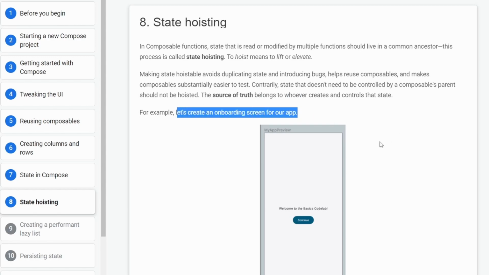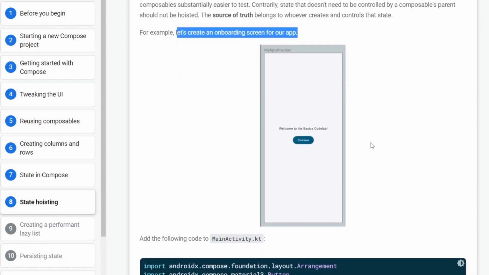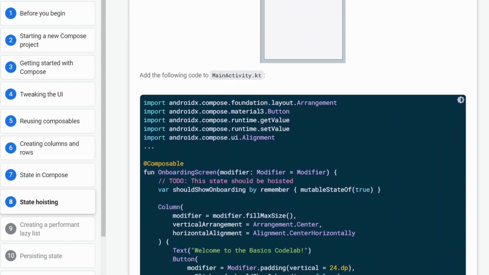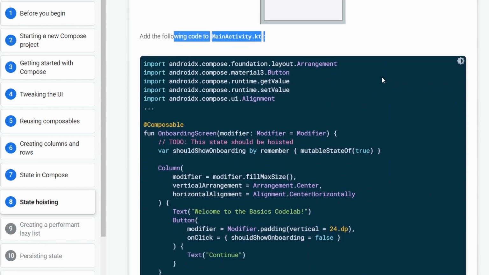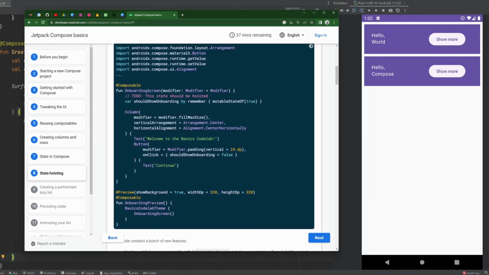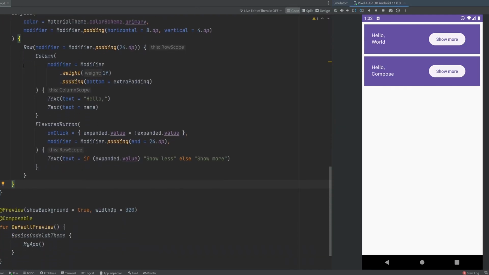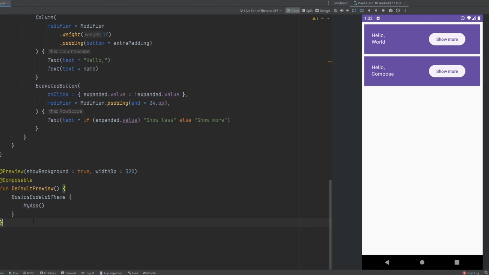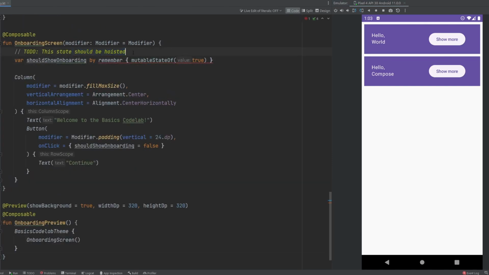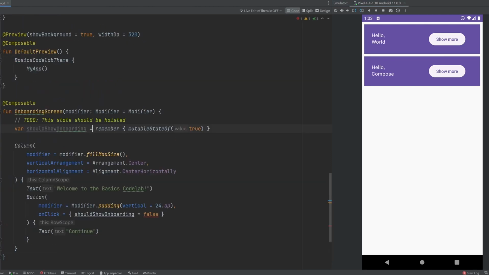For example, let's create an onboarding screen for our app. Okay, add the following code to MainActivity. So we're just going to copy this because they told us to, right? Every good developer knows how to copy and paste, that's for sure. TODO: this state should be hoisted. What's the issue here? We just had to set it equal to instead of using the by keyword,